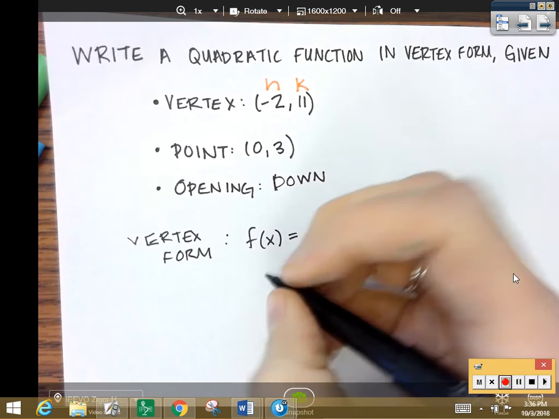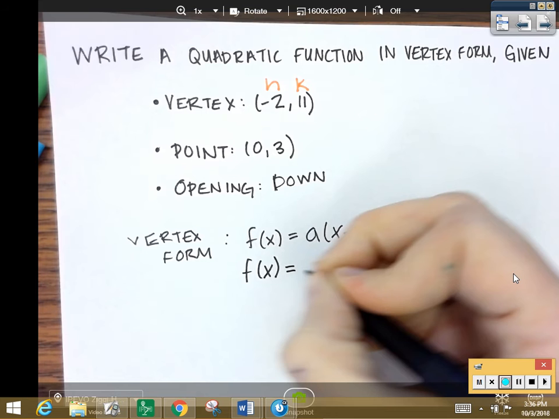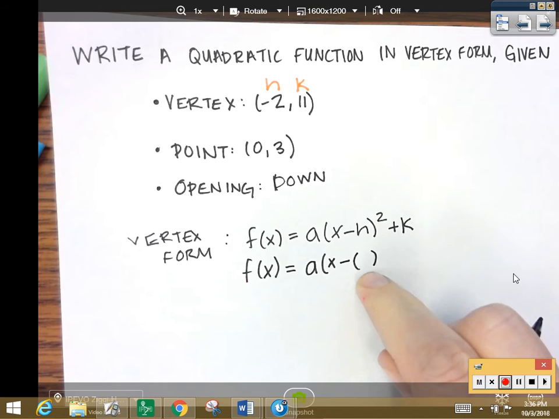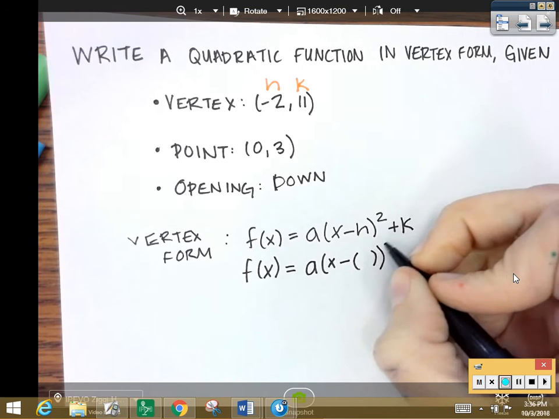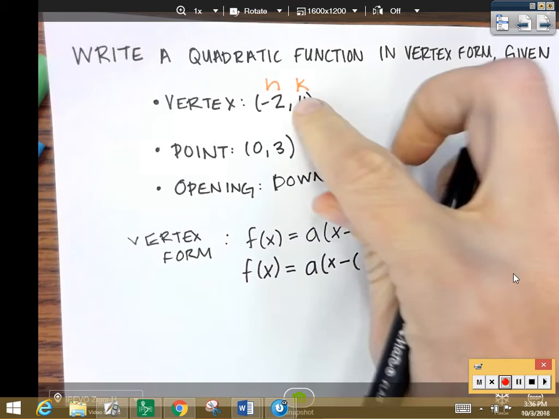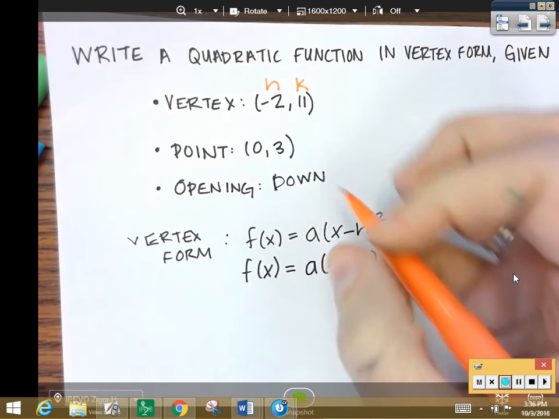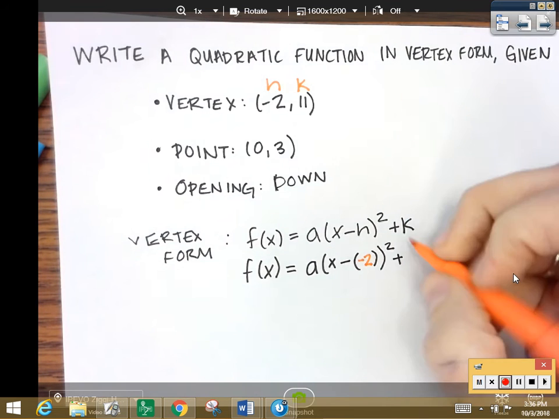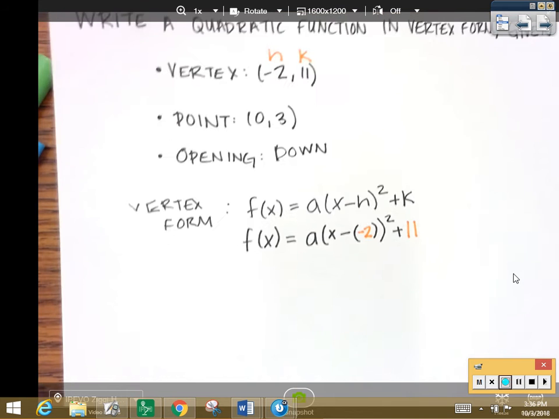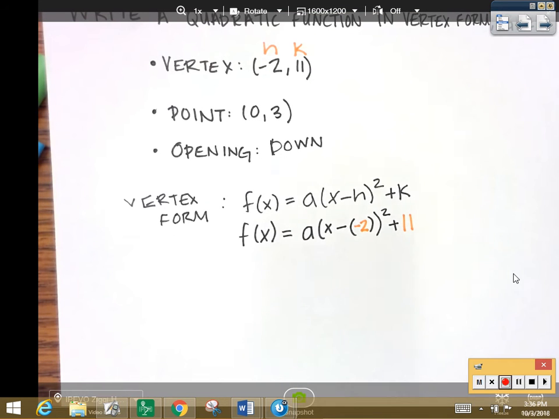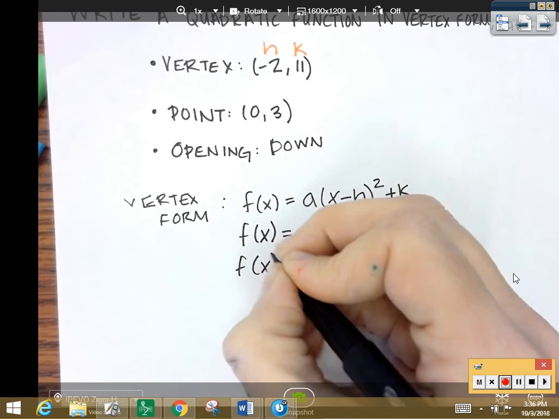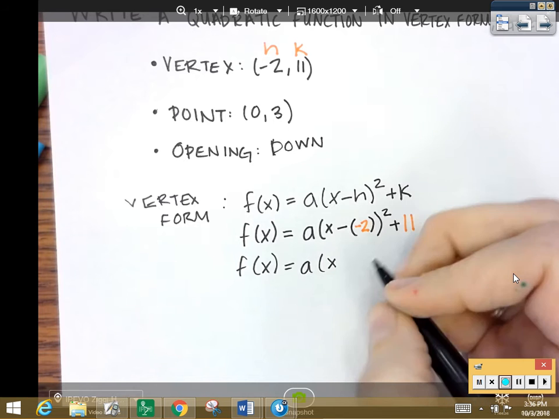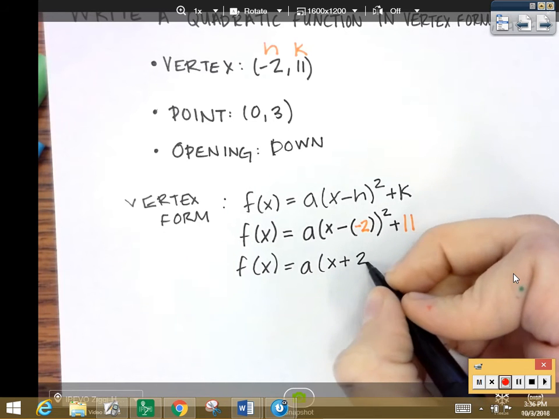So let's do that. So this f of x is just going to come down, equals a parentheses x minus, and then we're going to substitute in for the h here, this -2 in a second, squared, and then plus, and we're going to substitute in that 11 for the k. So in for the h goes this -2, and in for the k goes the 11. Alright, so now I'm just going to simplify this a little bit. So I get f of x equals a parentheses x minus a negative becomes a positive, so plus 2 squared